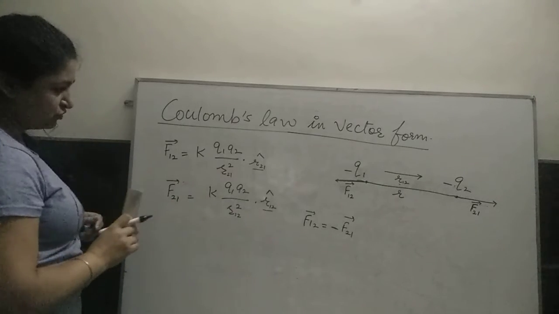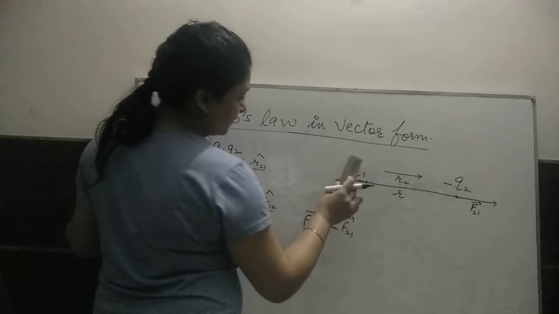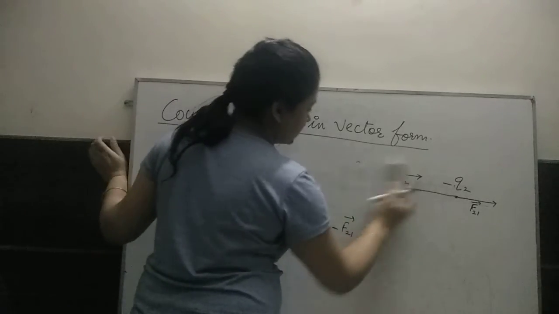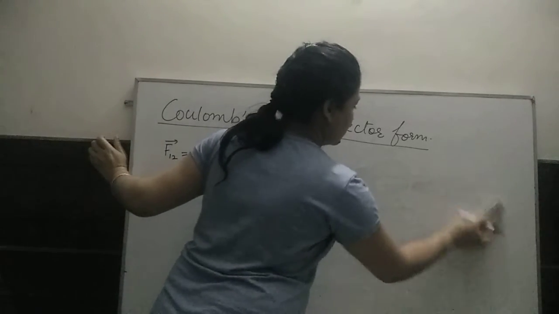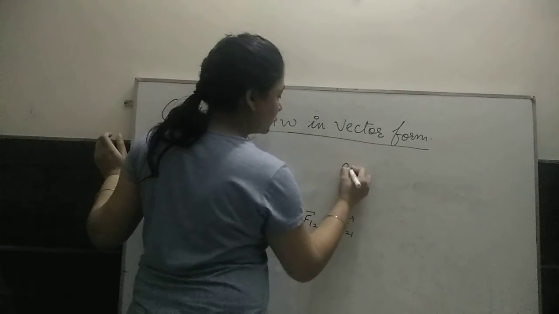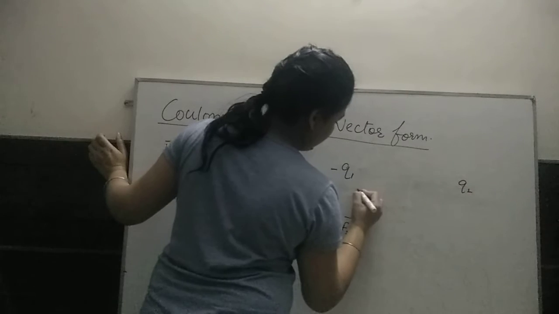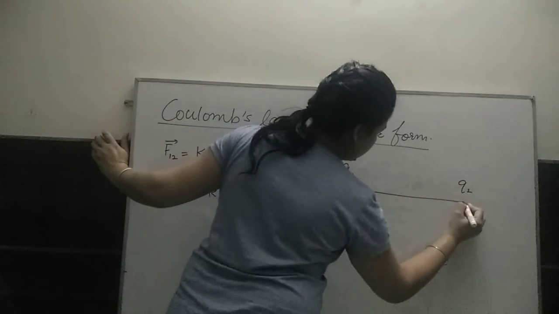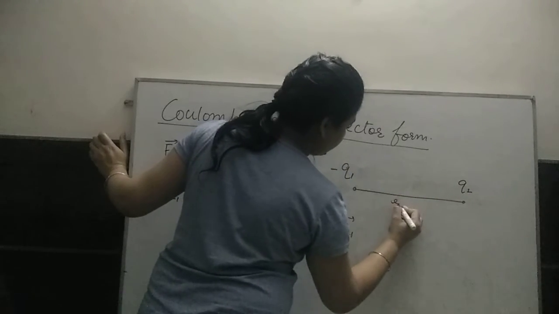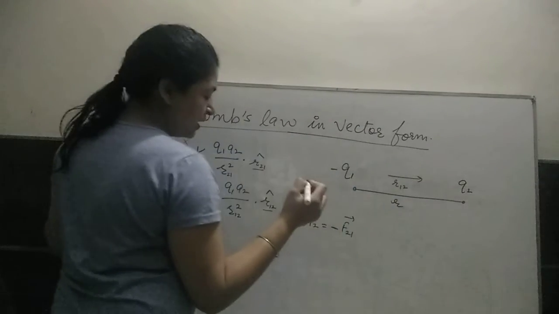We will use it later also. And if two charges are unlike charges, then consider Q1 is negative and Q2 is positive. They are separated by distance r, and again r12, this direction I'm taking positive, and now